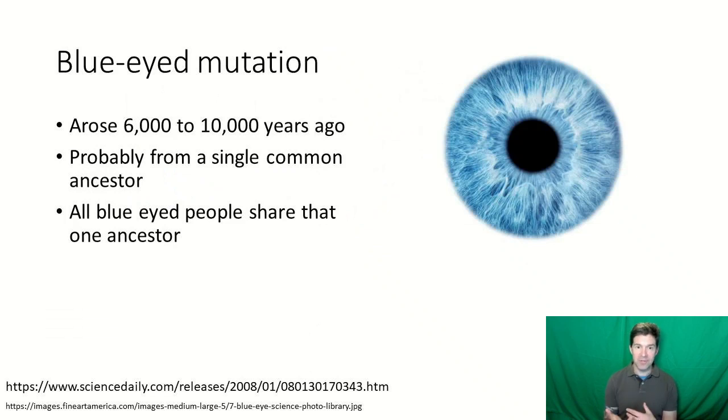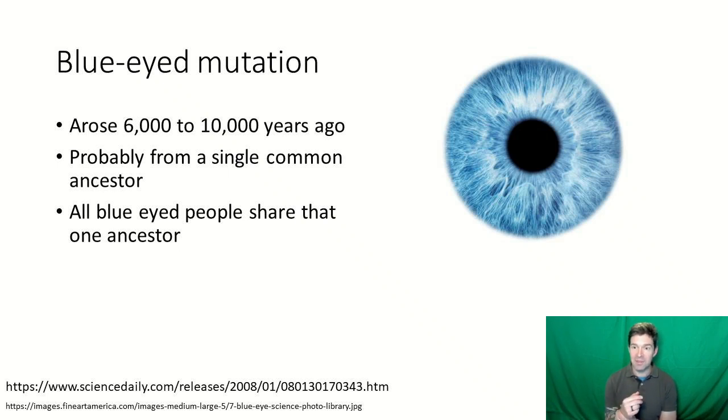Now, I keep talking about mutation. And so just to illustrate that mutations are happening all the time, blue eyes are a mutation. Everything about the fact that we don't look exactly the same is the result of mutations in our genome. Now, with 3.1 billion base pairs, you can have a couple mutations and not really change the genome that much, but sometimes those mutations are right in the right spot to have an impact.